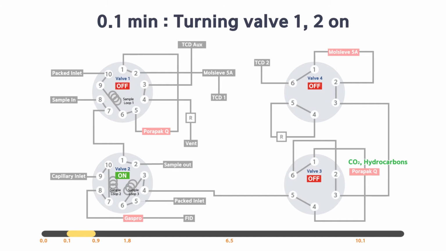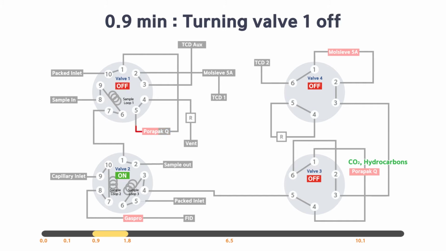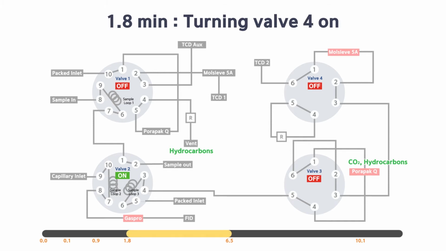5A column. After hydrogen and helium have completely eluted from the MolSiv column of valve 1, turn valve 1 to the off position to vent the carbon dioxide and hydrocarbon groups retained in the Poropak Q column, so they are not transferred to the MolSiv 5A column. In the meantime, oxygen, nitrogen, methane, and carbon monoxide are being separated in the MolSiv 5A column in